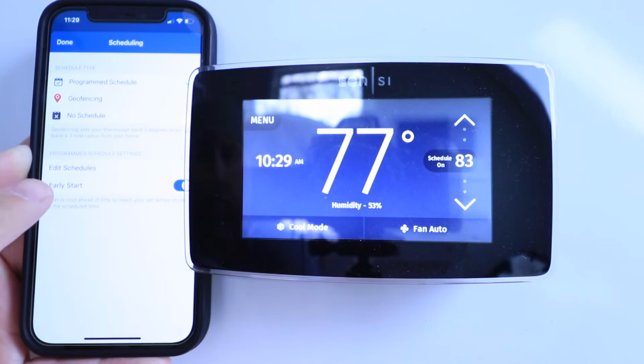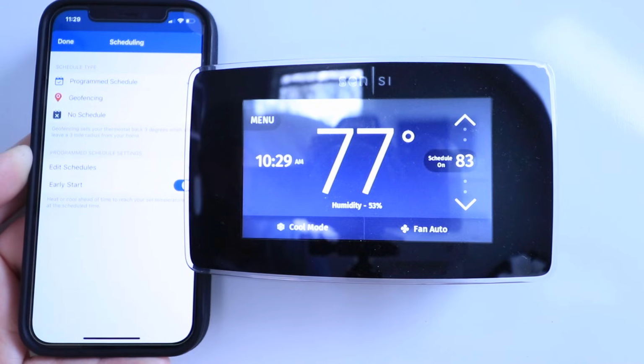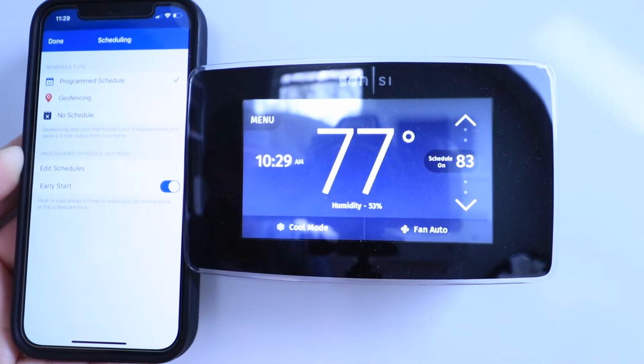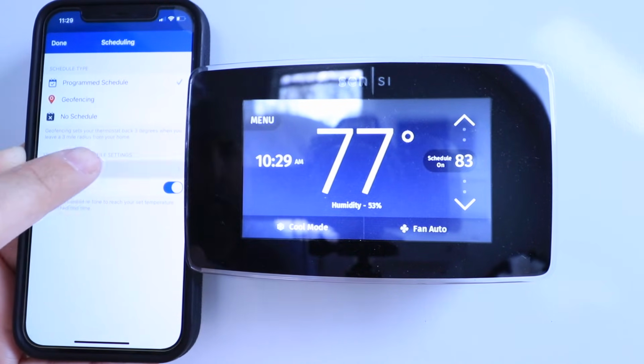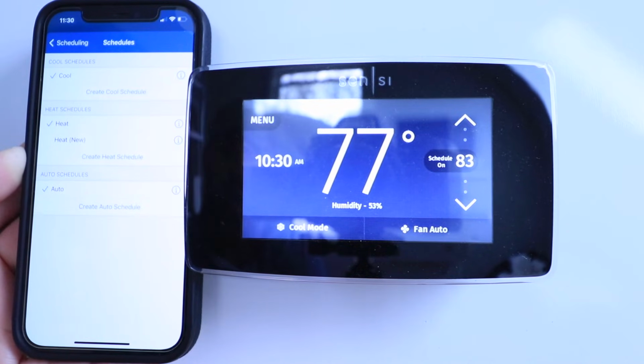And then once you go down here, that's how you're going to edit your schedule. So we'll show you how to do that. But there is a feature right now, early start, which we have on. And what that does is your heat or cool will turn on ahead of time to reach the set point temperature at the scheduled time. So I like to leave that on so that exactly at 5 o'clock, my temperature will be whatever I have it set to. So I click in here and edit schedule,